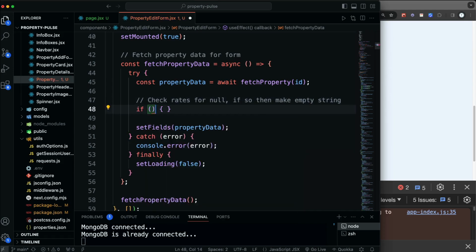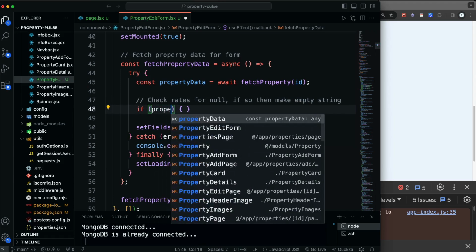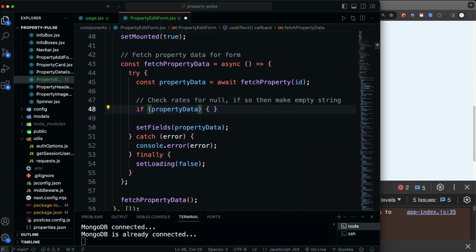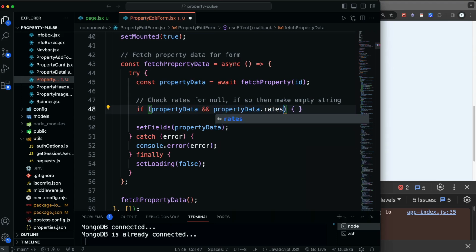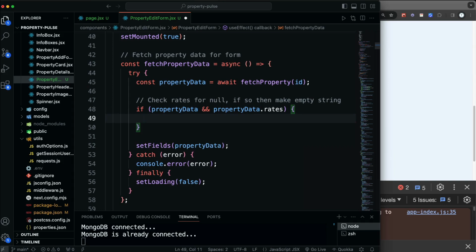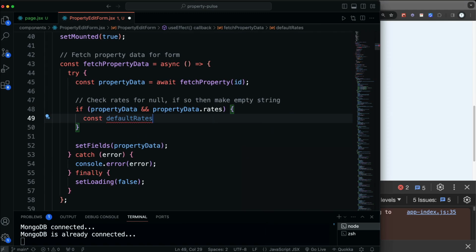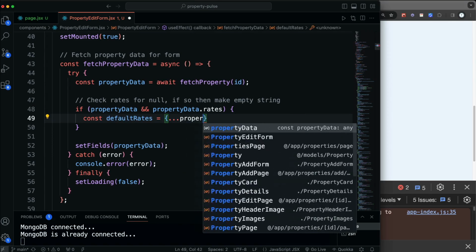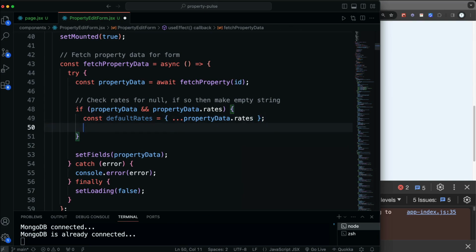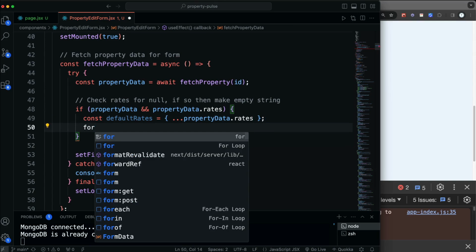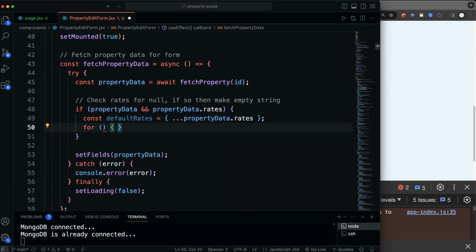I want to do kind of the shortest way that I think we can do this, and that's saying, first of all, if property data and property data dot rates, then let's say const default rates, set that to an object, and we're going to spread across property data dot rates. Okay, so we're just creating an object, and then we'll loop through, so we're going to use a for in loop. So for const rate